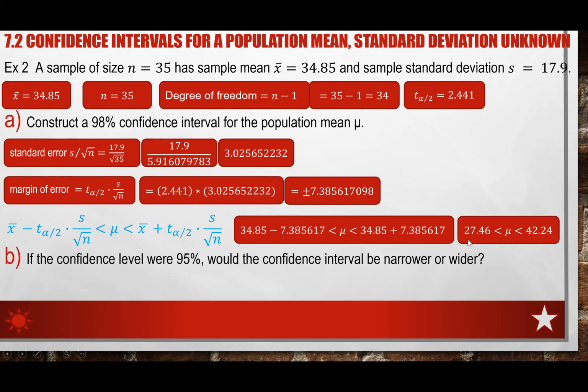Given this, my confidence interval is between 27, whatever this data is. I don't know what this data is; they didn't tell me the story behind it. But whatever that data is, the population mean will be between 27 and 42. Okay, so again, the concept of this item is very similar